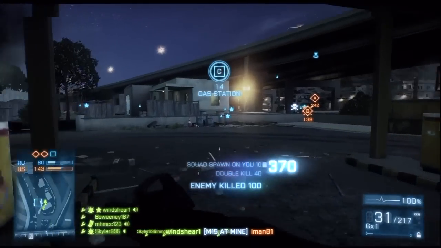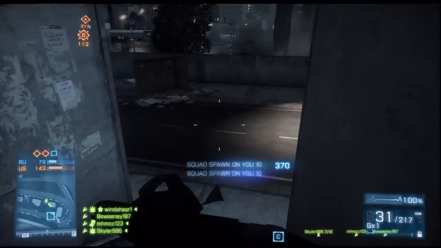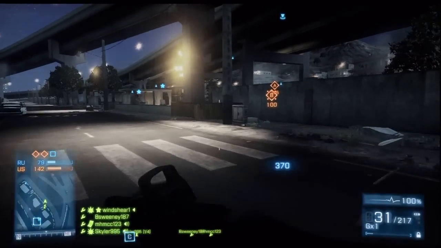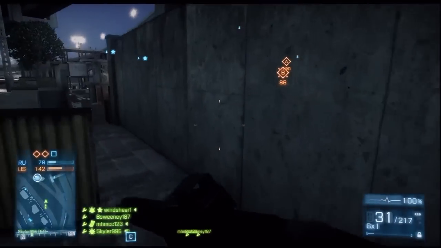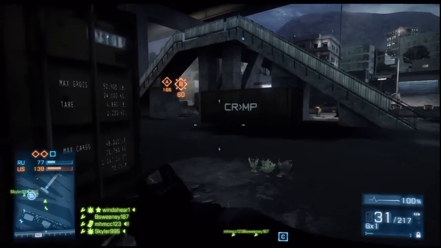Alright, look at that. Right off the bat, I spawn here again. Look at all those kills I just got by putting those mines down on position Alpha. I mean, lots of points you get with the Engineer class. I would highly recommend that you equip mines for your Engineer class, hands down, all the time over a repair